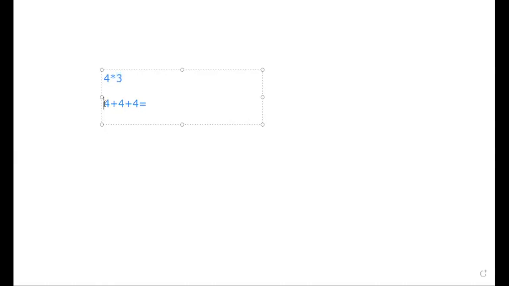Mathematically you are doing the same thing, and after the successive addition you get the output as 12. That is your regular mathematical method, multiplication with successive addition.